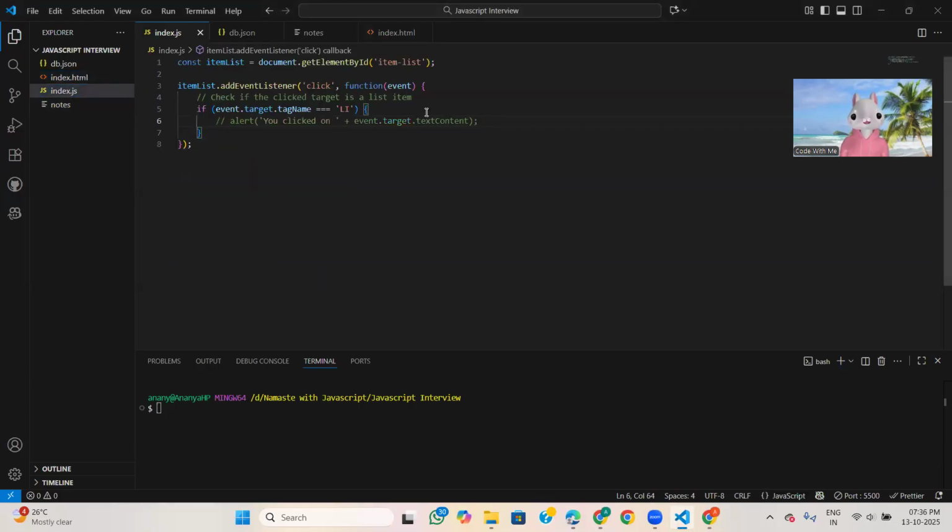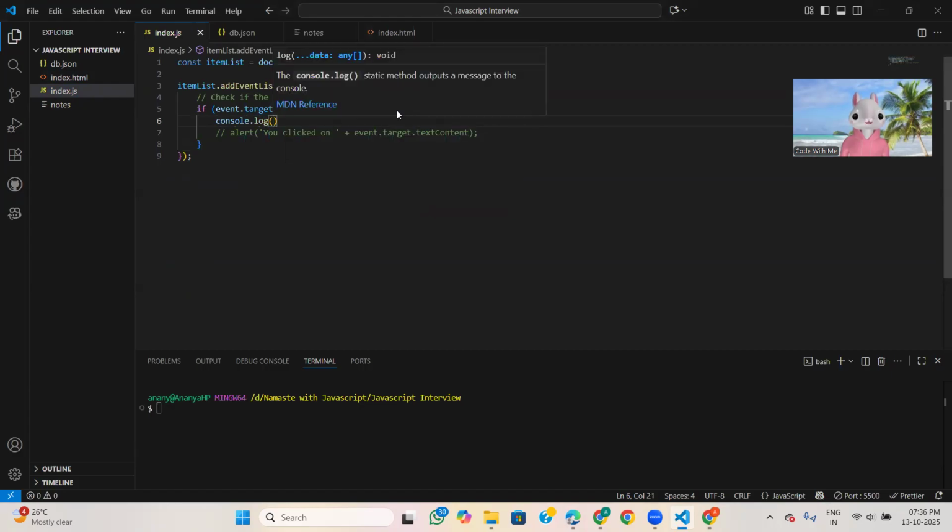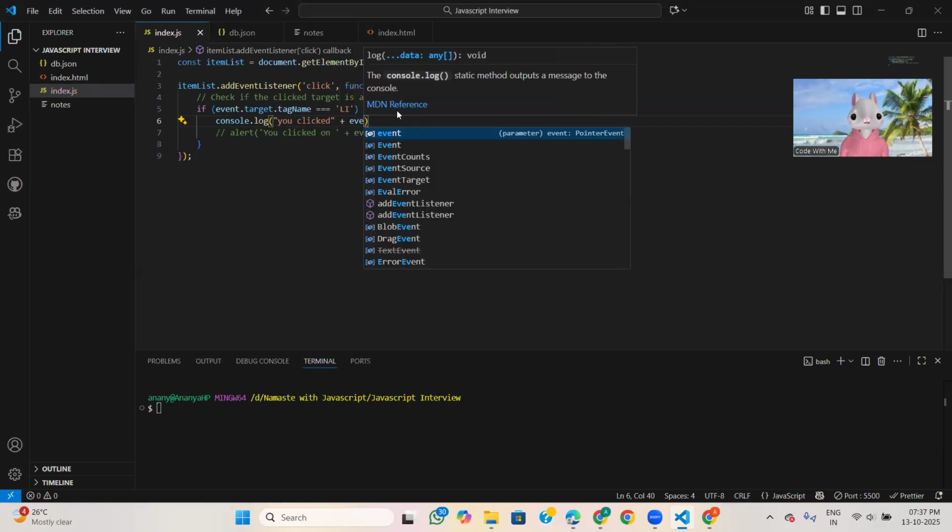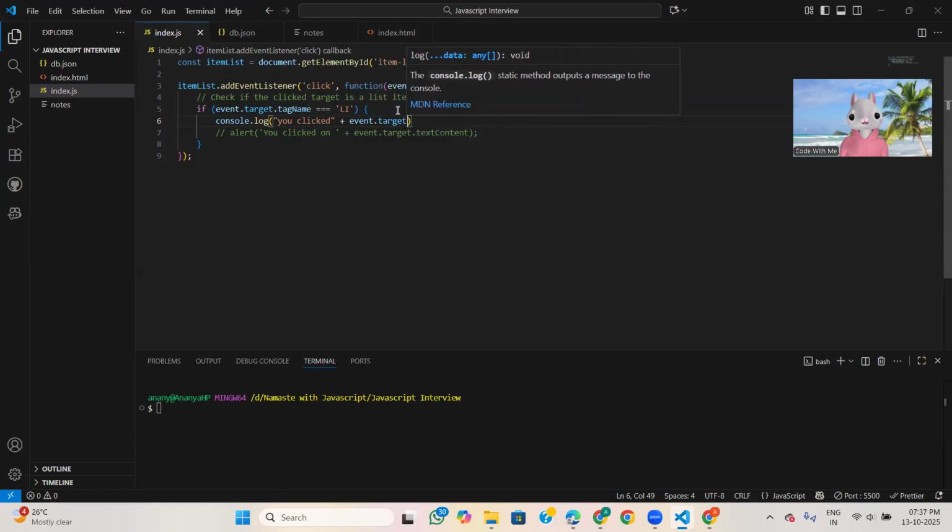Instead of that, I think it will be better: you clicked, then event dot target dot text content.